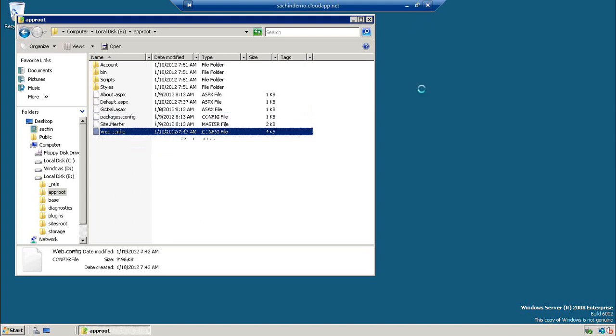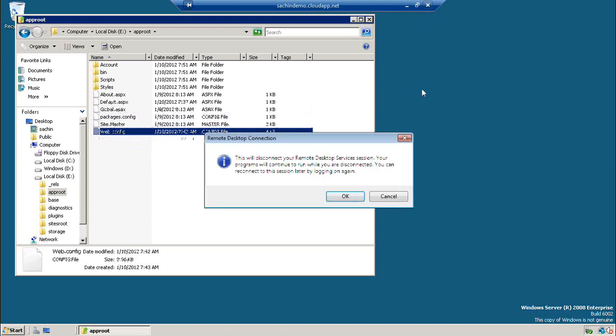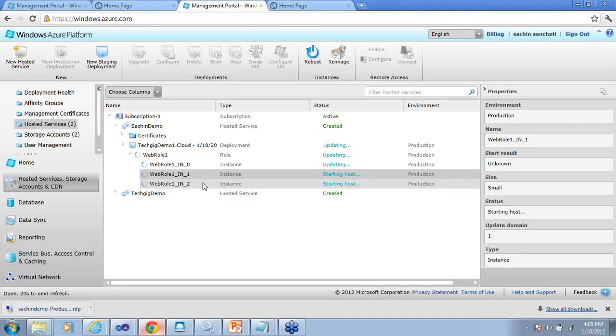So that is how you can remote login. Generally, in some of the cases where you are deploying, there are some version problems. There are certain cases where you think that you have to deploy an old version in the package. You have to quickly go and check it out.